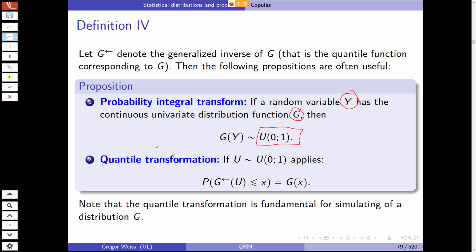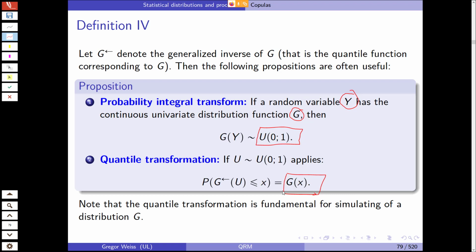And second, the quantile transformation: if u is a uniform random variable on the unit interval, and you insert u in the generalized inverse of a distribution function G, you get the distribution function itself. Meaning what? This actually is the foundation for stochastic simulation of a random variable that is distributed according to